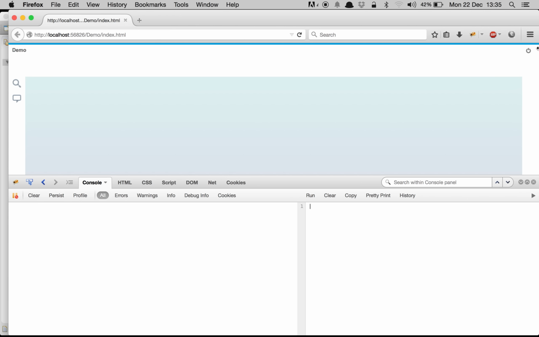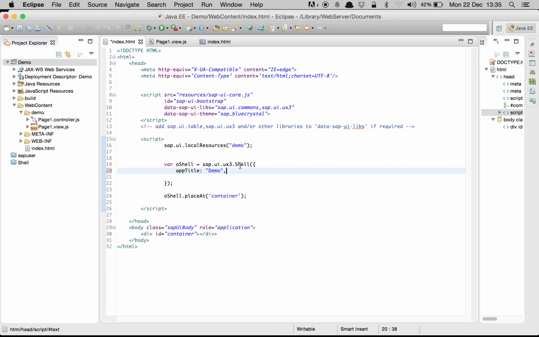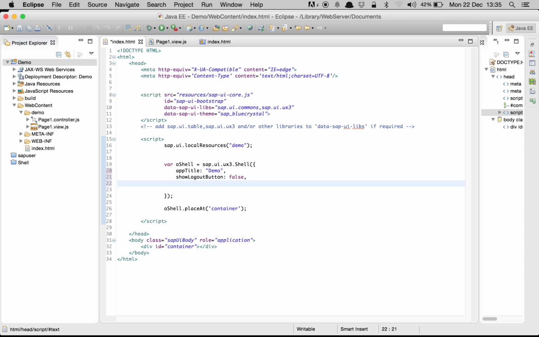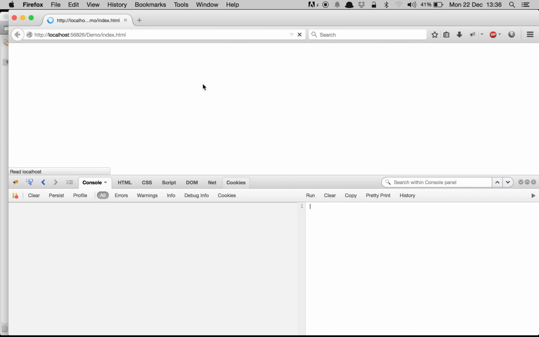Now it already comes with a logout button, a search button, a comment button, and if you don't want it, we can remove it. So the way to remove that is we are going to write showLogoutButton and we are going to make it false. And the next thing is the search tool. If we don't want showSearchTool, we are going to make it false. So this is going to remove both this logout button and the search tool,